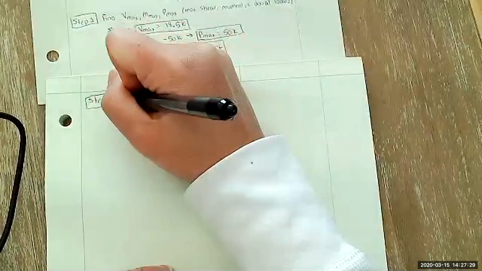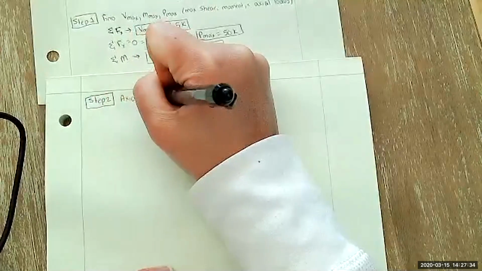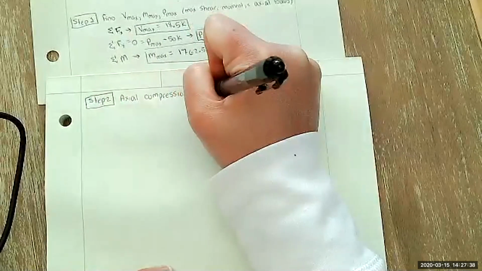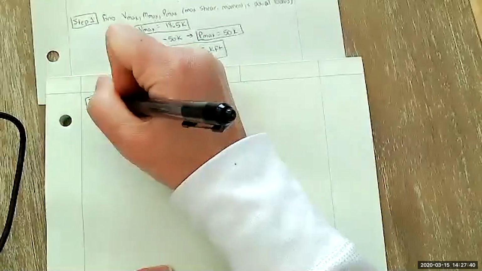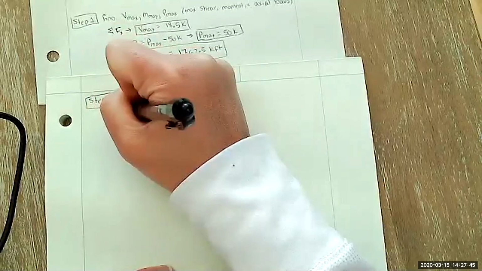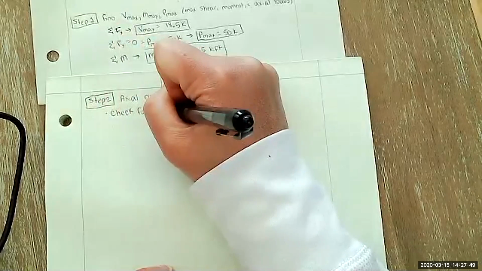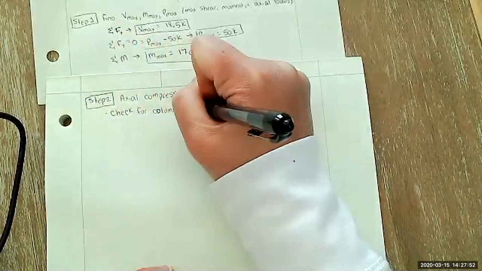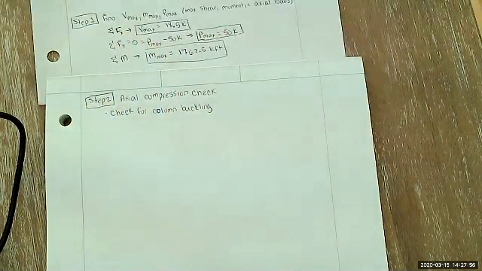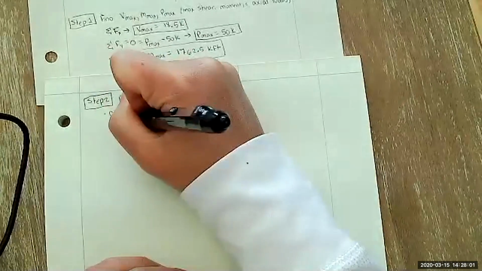Which is my axial compression check. Essentially what we're doing here is checking for column buckling. Let's take a step back and actually define what column buckling is. To do that, let's define a column